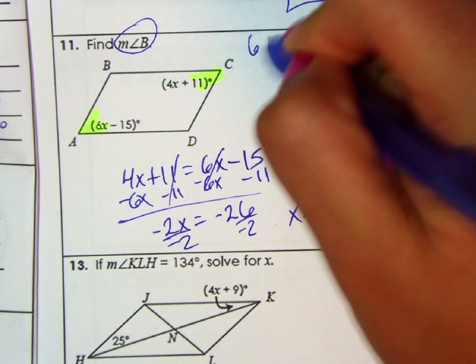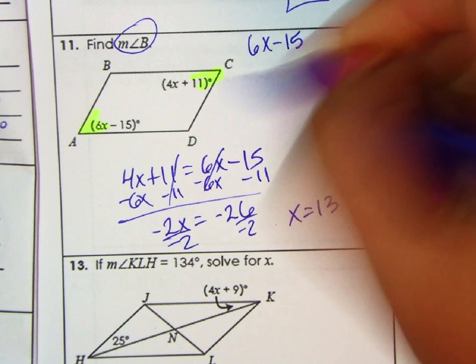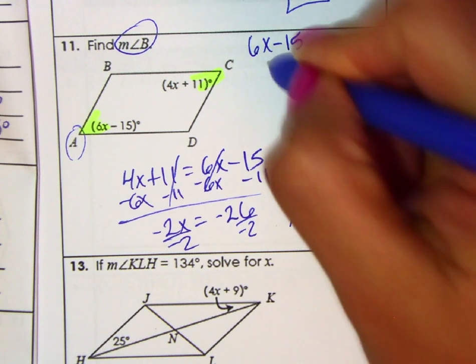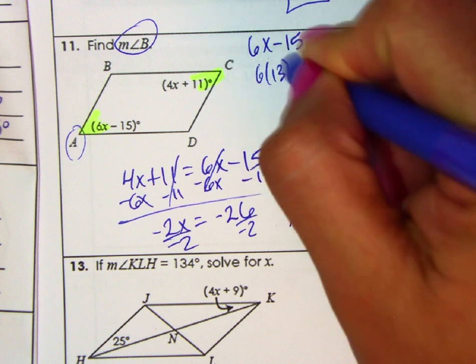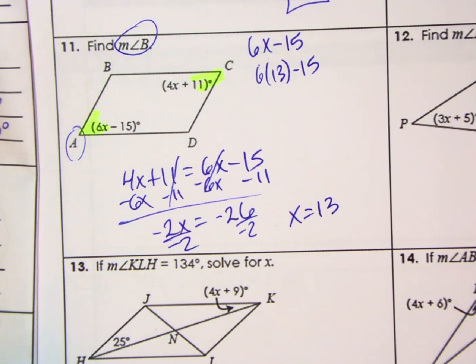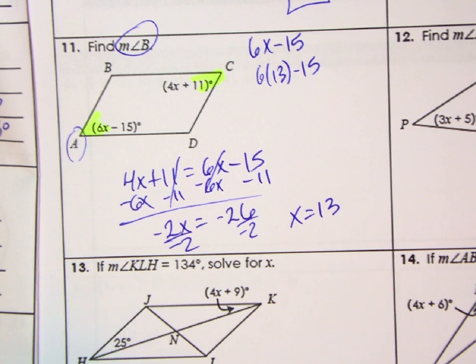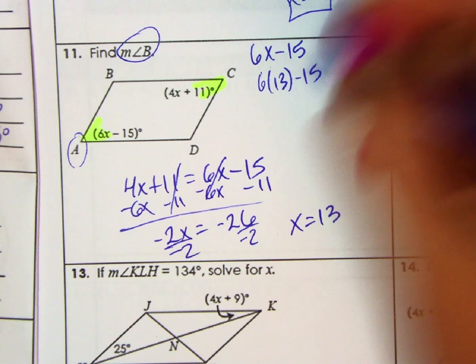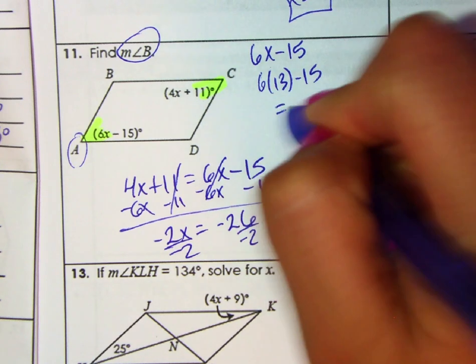So let's do 6x minus 15 for angle A. And I'm going to substitute 13 in there, so 6 times 13 minus 15. So that is 63. So the measure of angle A